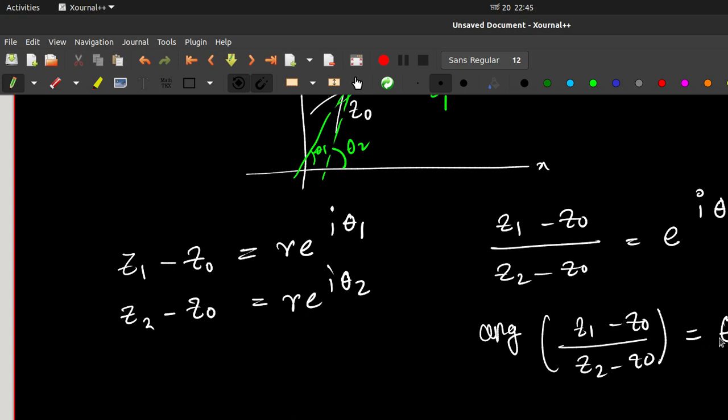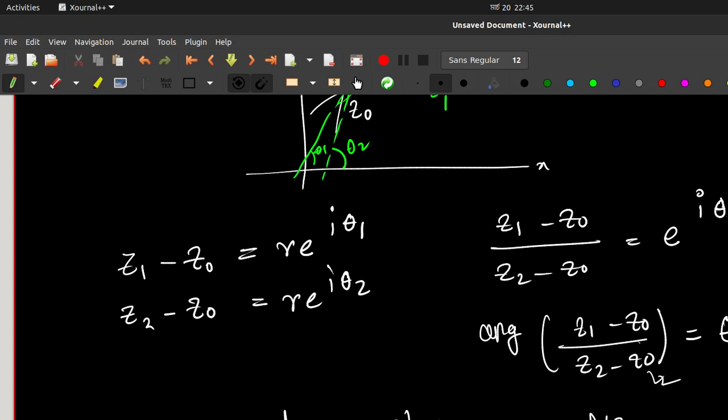So since we are calling theta the argument on the z plane, let's call phi the argument on the w plane. How do we write it in the w plane? If you have these 2 points, then on the w plane each and every point is given by this mapping, right? z goes to f of z. So we have 3 points, z0, z1 and z2. Just like that we are defining theta like this one. We are defining phi as